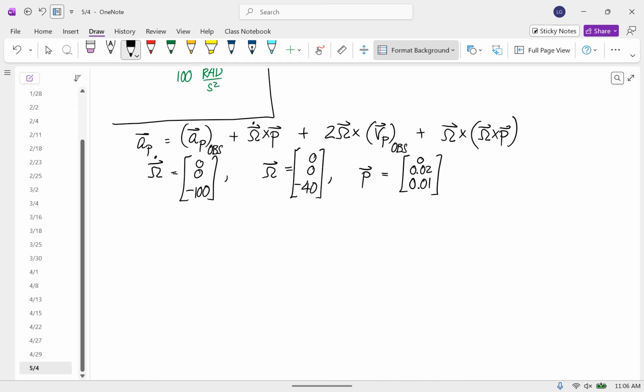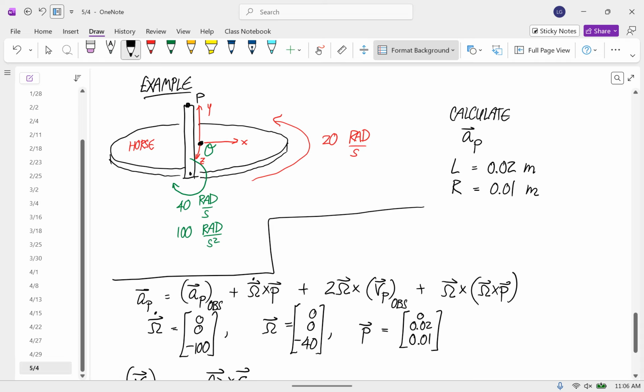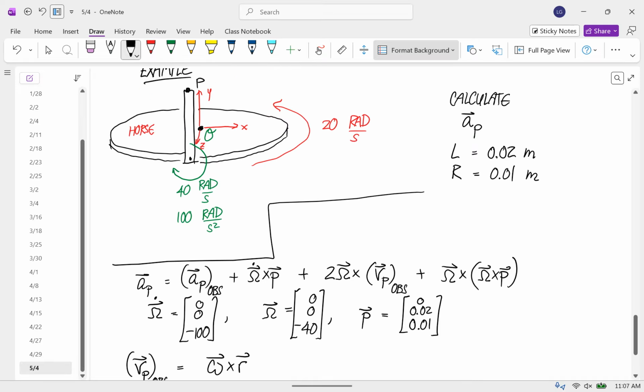And then the observed velocity is equal to lowercase omega cross r. So now we're just talking about imagining the disk being still and the motion of the point P in that circle as the arm goes around. So the lowercase omega is the,